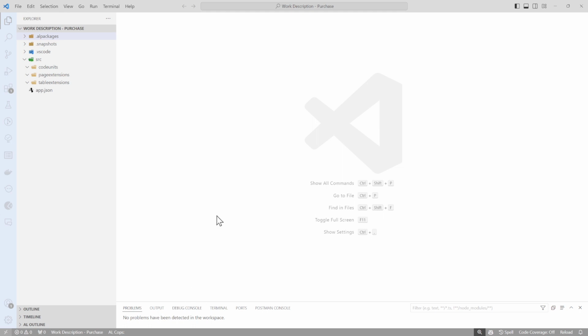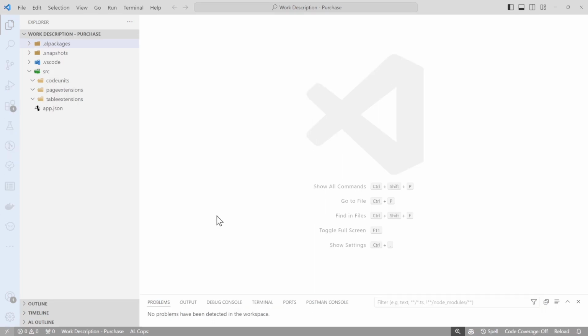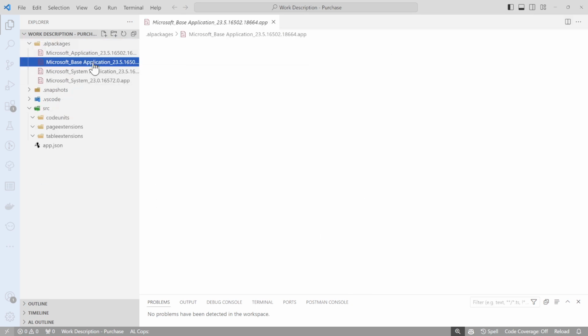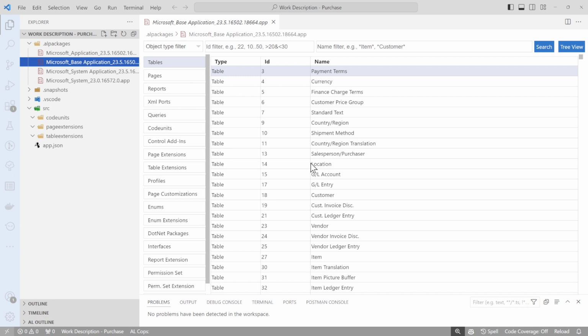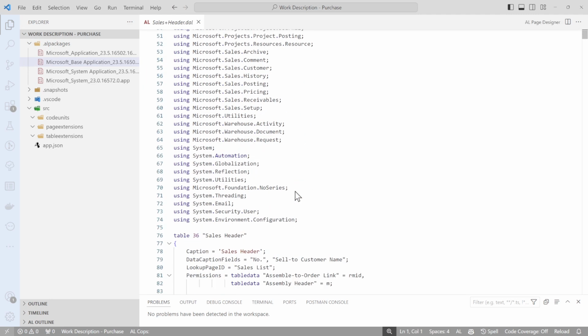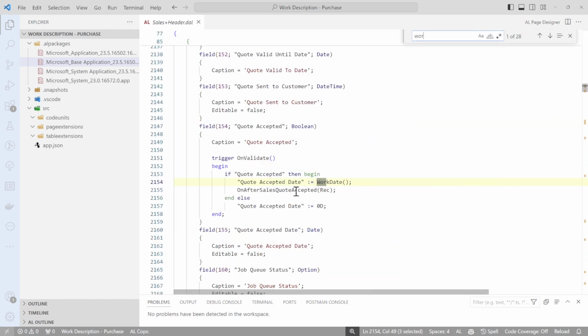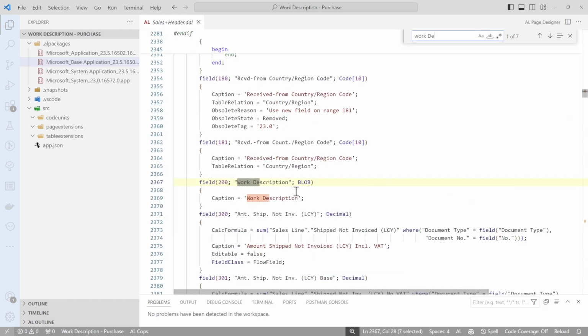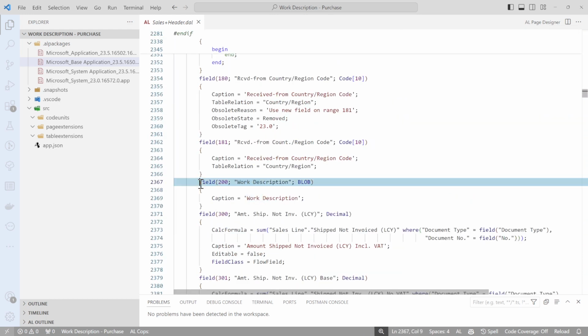I already have an extension. I haven't done anything on this, just created the structure for the time being. Here, let's go into the base application and try to identify how Microsoft is doing it so that we can try to mimic that model. So it's in the sales order. Let's get into the sales header and search for work description. It seems there is a field. So let's copy this field